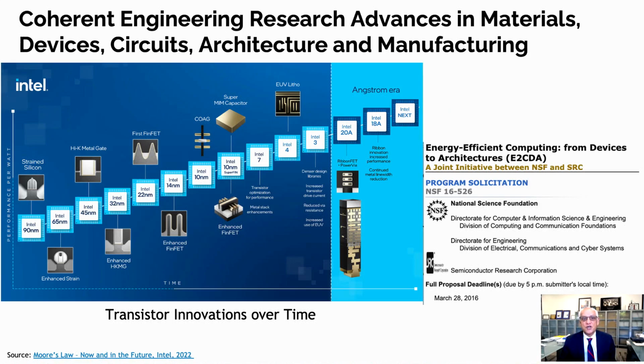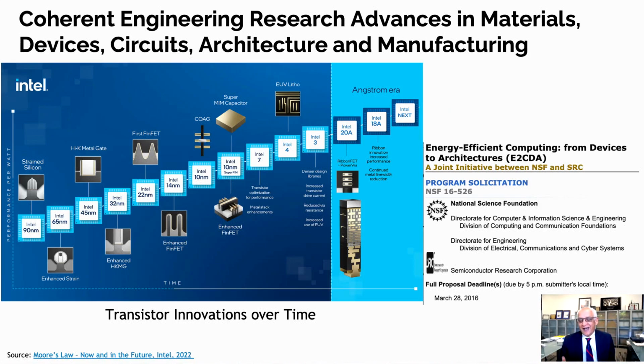on architecture. And so the way I like to think about this journey that we have been on is a coherent set of engineering research advances, fundamental advances in materials, in devices. This chart mainly focuses on devices, circuits, architecture. That's on the design side. And then equally important innovations on manufacturing. How do you actually manufacture these devices and these circuits and chips at that level of precision? It's an astonishing achievement of engineering driven by fundamental research. I can safely say that there are PhD theses and papers and NSF grants behind everything that you see on